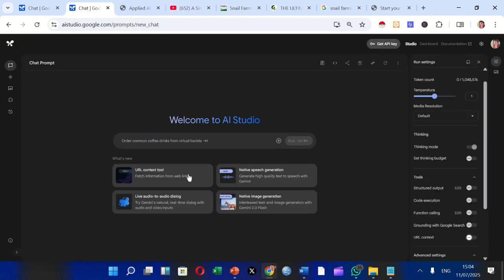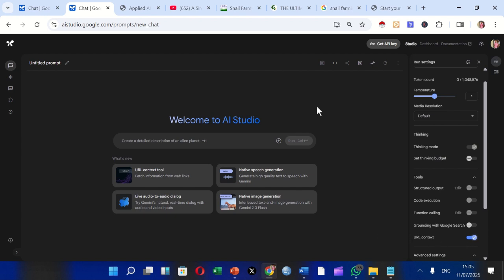Now the tool we are going to be using is called the URL context tool. What this one does is fetch information from the web link that you provide. By the time you want to use it, you come to this place and click on this URL context.